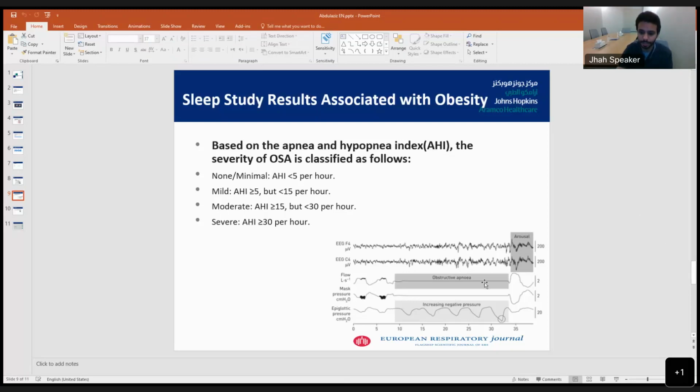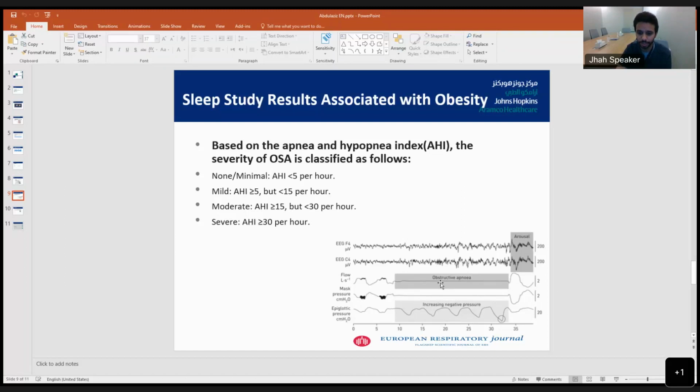This is a test of the sleep study, and as you can see, there is a stopping. This is a flow of air. We measure the flow in the nose, so there is a stop of breathing, as you can see here. This is what we call obstructive sleep apnea, and at the same time there is a movement in the chest. So the patient is trying to take a breath, but there is an obstruction in the upper airway. So all of this effort during sleep will not cause any breathing because there is no air movement to the lungs due to upper airway obstruction.